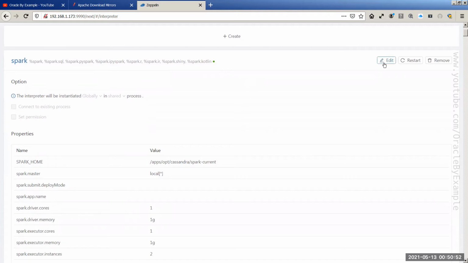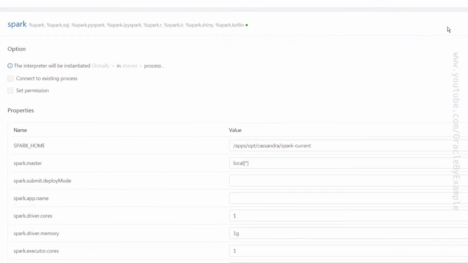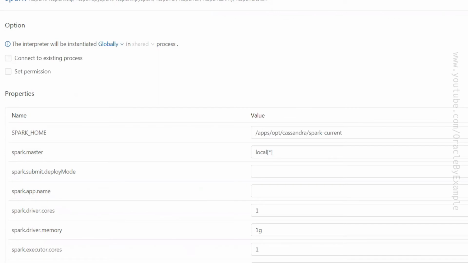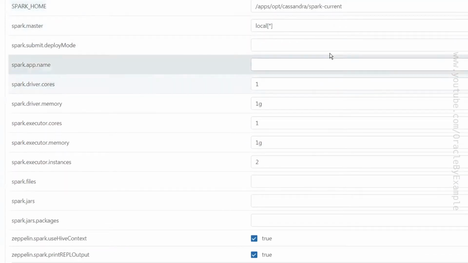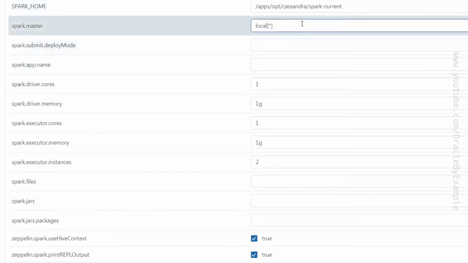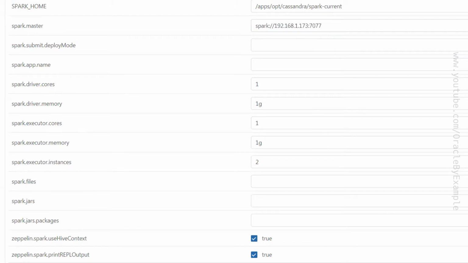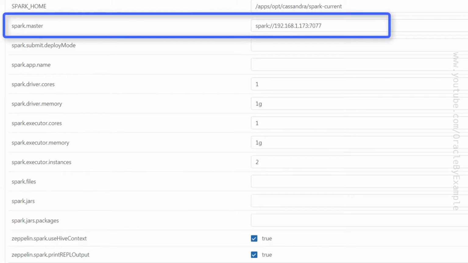I'm going to edit the Spark configuration. First thing we'll set here is the Spark master. My Spark master is running on this URL.